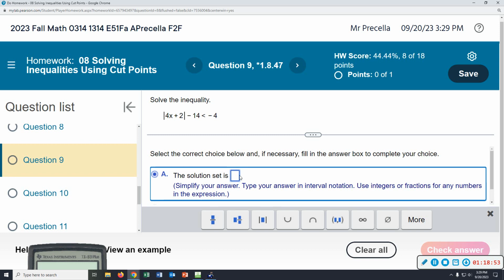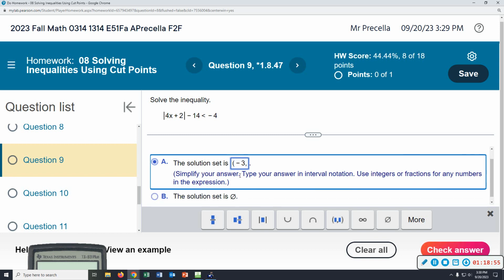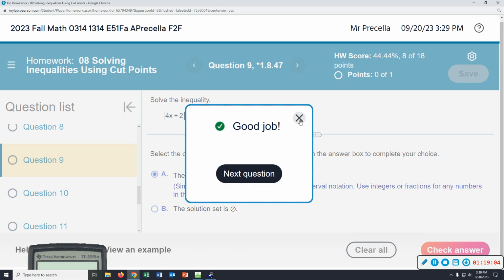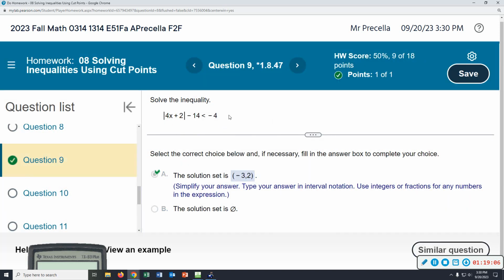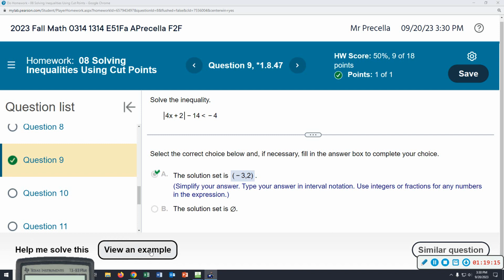Now, usually, if you're a view and example person, if you look at what we're doing and what the view and example is doing, it's pretty darn similar. Not for these absolute value inequalities. The view and example gives you some generalizations involving absolute value of linear expressions and tells you to set it up as a compound inequality or two disjoint inequalities. So why try to memorize more rules, when this thing will take care of